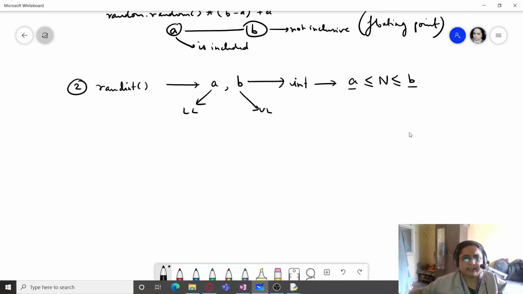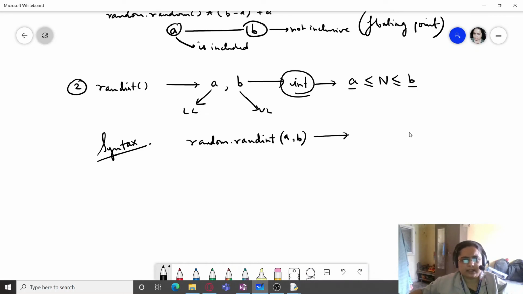The number is returned in the form of an integer. So all you have to do is use the function in this way: random.randint(a, b). That's it, and this will return a randomly generated integer number, which can be equal to a or b also, or it can even lie within that range.